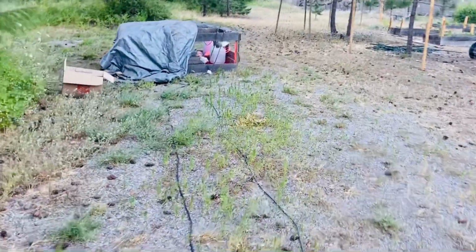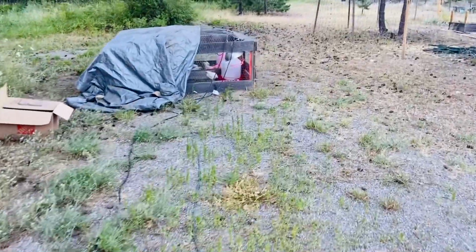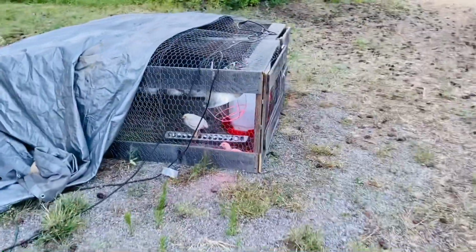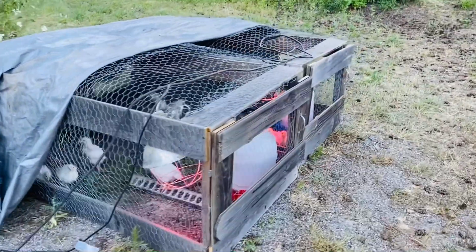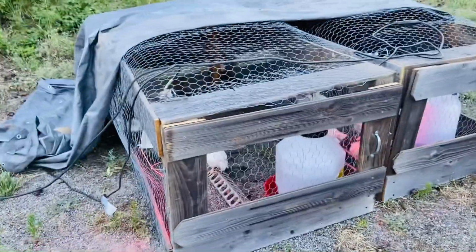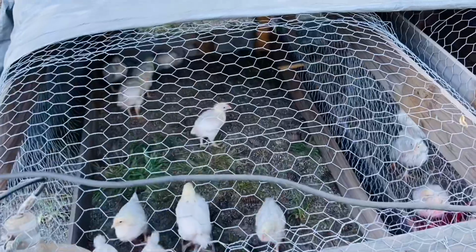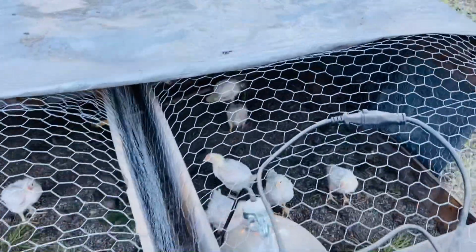And then we got our meat chickens. Oh my gosh, you guys, goal achieved. I've always wanted to do meat chickens. Wasn't sure how we were going to do it at our last property, but now we've got all of this space, and we built a couple of chicken tractors, one for the hatchlings, and then here's for the meaties. We have 25 meaties in here,